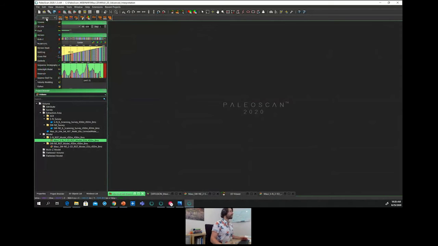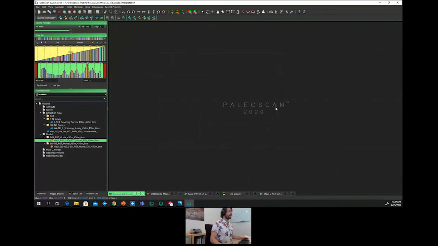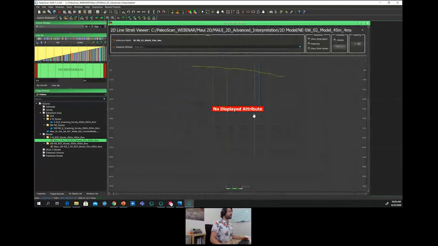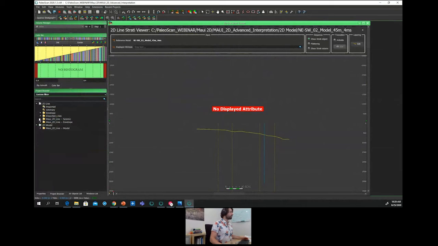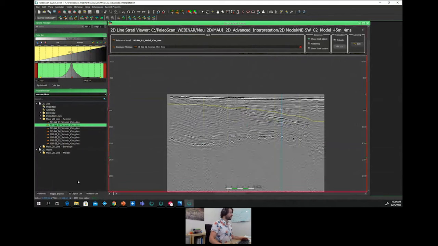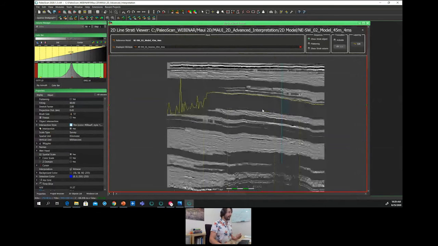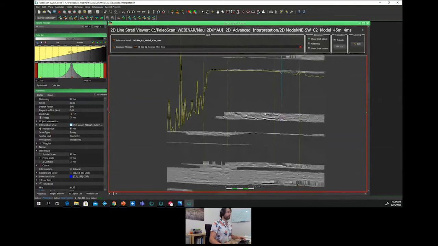Once we get individual lines, we get access to the creation of a 2D line stratigrapher, like this. I just have to define my model for one line, and then display the corresponding line, like this. And it's possible to switch between the seismic domain and the Wheeler domain at any time, like that.